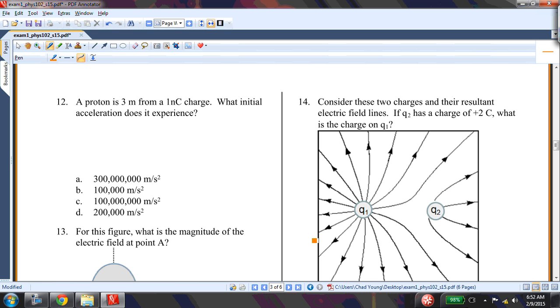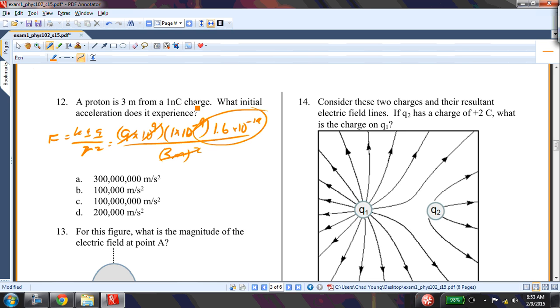A proton is 3 meters from a 1 nanocoulomb charge. What initial acceleration does it experience? Well, F is k Q Q over r squared. The proton has a charge of 1.6 times 10 to the minus 19, divided by the distance, which is 3 meters squared. This 9 cancels with that, and I'm left with just 1.6 times 10 to the minus 19 newtons. All right, so the acceleration then